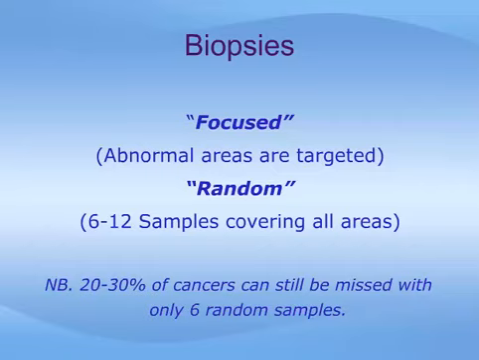In these cases, so-called focused biopsies may be taken from that specific area. In all cases, regardless of whether or not abnormal areas are seen, a series of random biopsies will be taken to ensure that all areas of the prostate are sampled. Taking more biopsies improves the accuracy of the procedure in diagnosing prostate cancer, and most centers will take 10 to